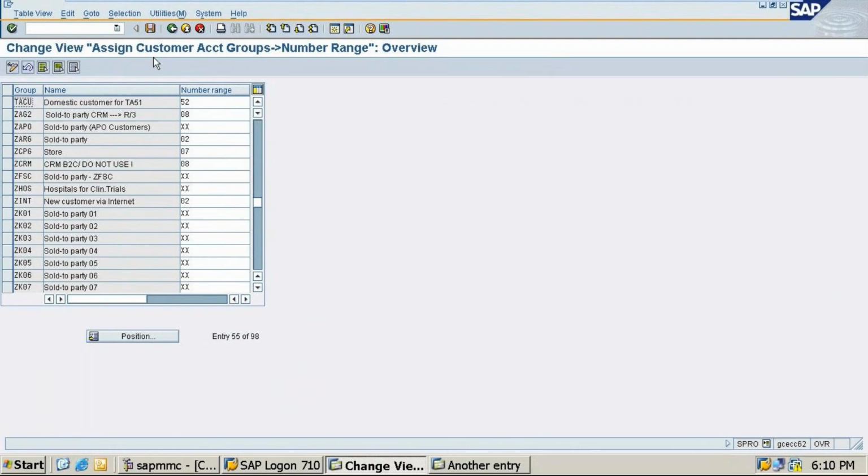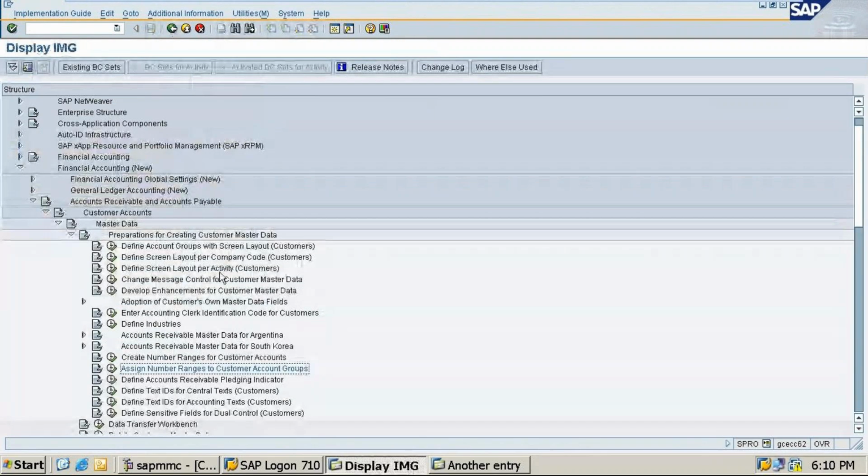Then it will come. Yes, ma'am, I will do it. Yes, ma'am, I got it. Then you need to do the customer creation, right? Then only we can go to the customer account. If you do not do this step, you will be stuck there and will not be able to proceed. So we have created it. First, you do this.